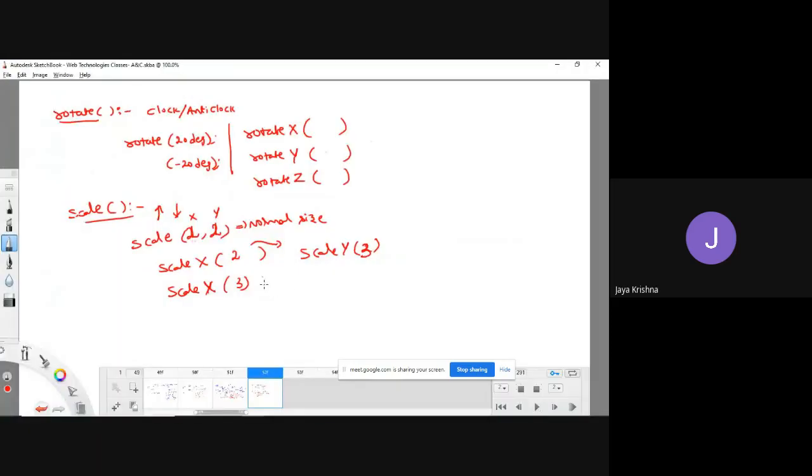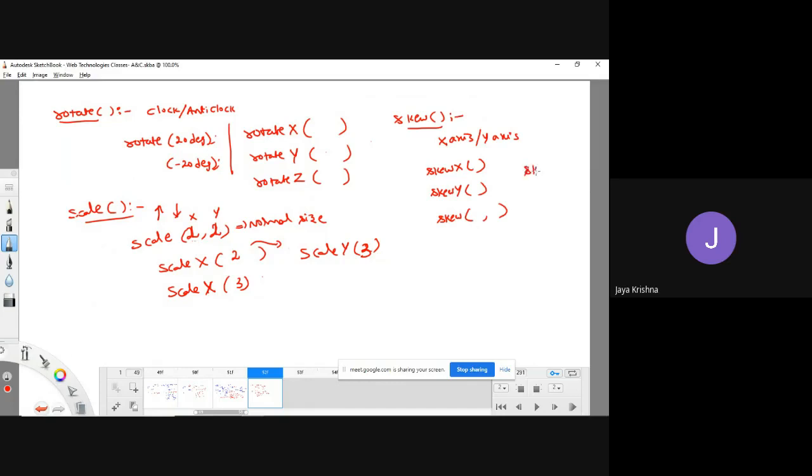Next kind of method, the skew method, which is meant to skew an element along the x-axis or y-axis, depending upon the way you are defining. For example, to skew an element on the x-axis, you go for the skew x method. Skewing an element on the y-axis, you go for the skew y method. If you would like to skew an element on both the x-axis as well as the y-axis, then you go for the skew method.